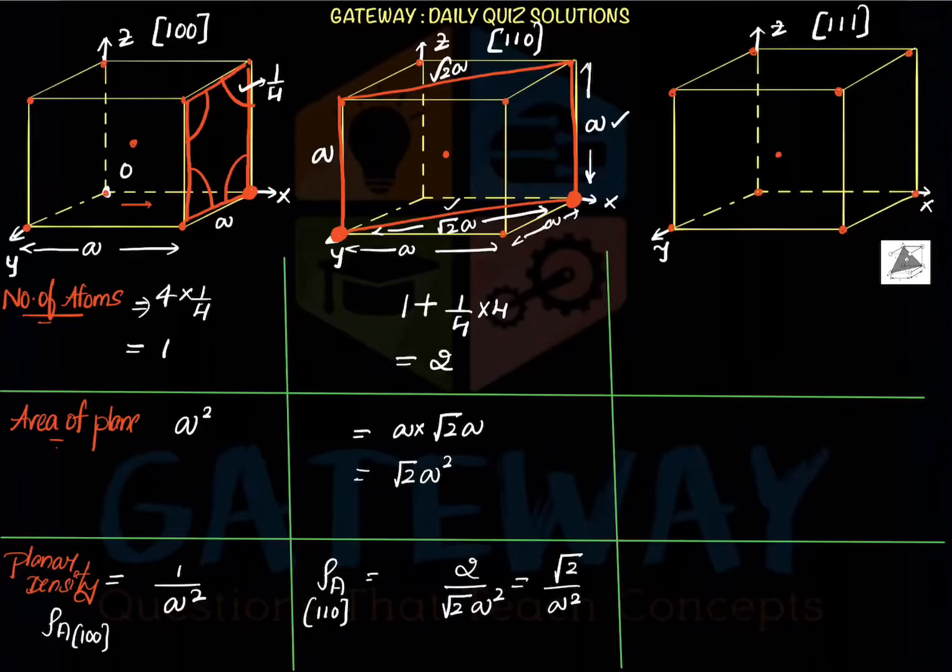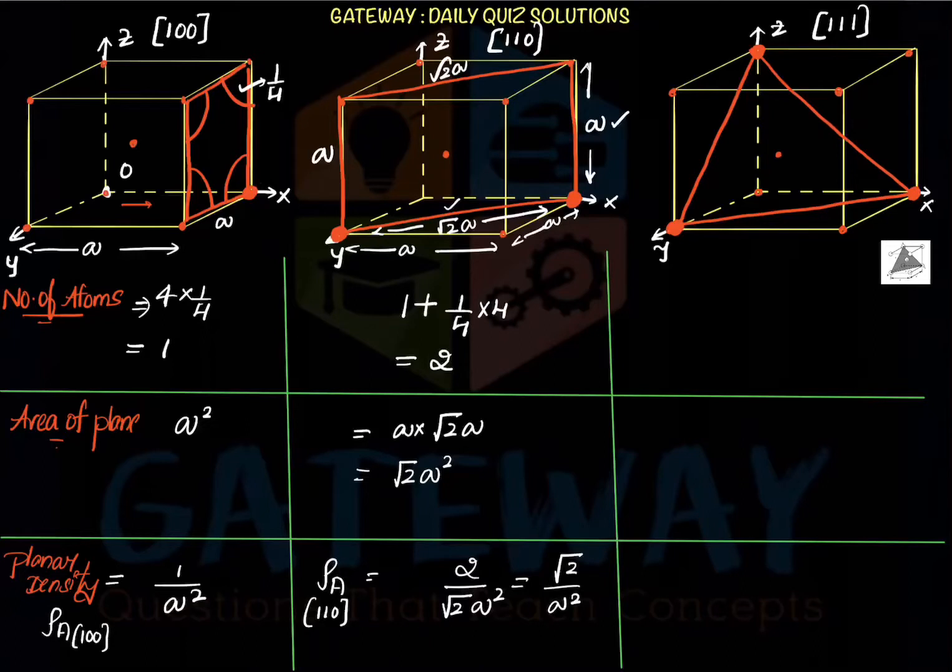Okay, when we are seeing the 1 1 1 plane, first we'll initially plot the plane here. So we need to move one distance along x, we'll be reaching this point. We need to move one distance along y, we will be reaching this point. We need to move one distance along z, we'll be reaching this point. Join all the 3 points, we will get a triangular plane. Even though it is also a plane, we'll be getting a triangle.